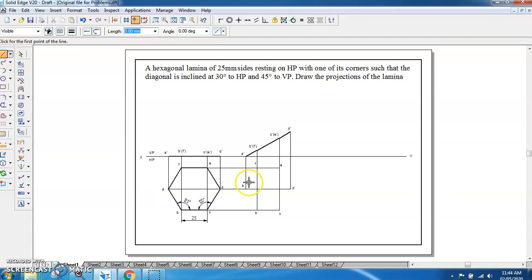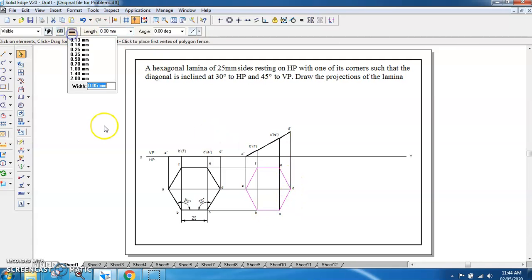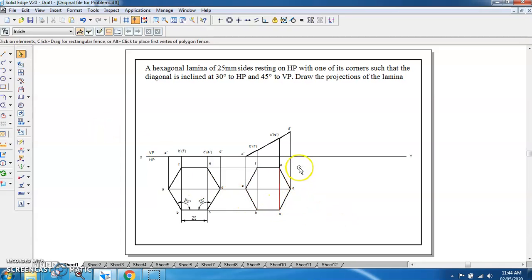Now again you connect A to this end, to B, C, D, E, F and back to E. Once you connect this, you can make them bold as they are visible. Again you have to make it 0.4. So this would be the second stage.